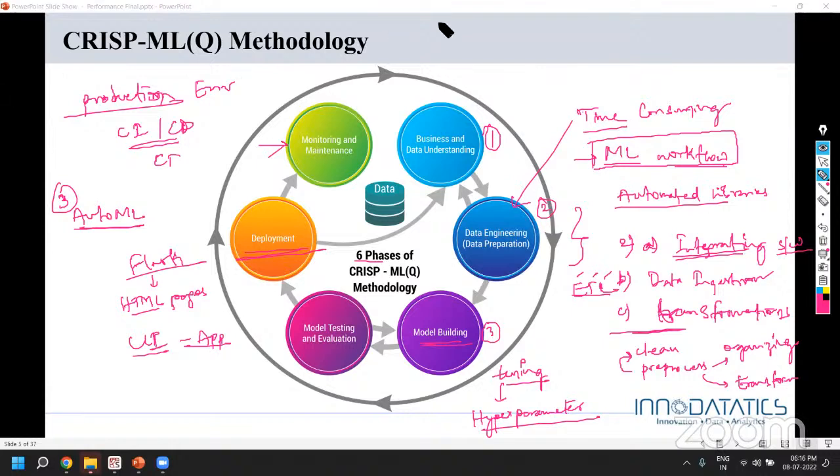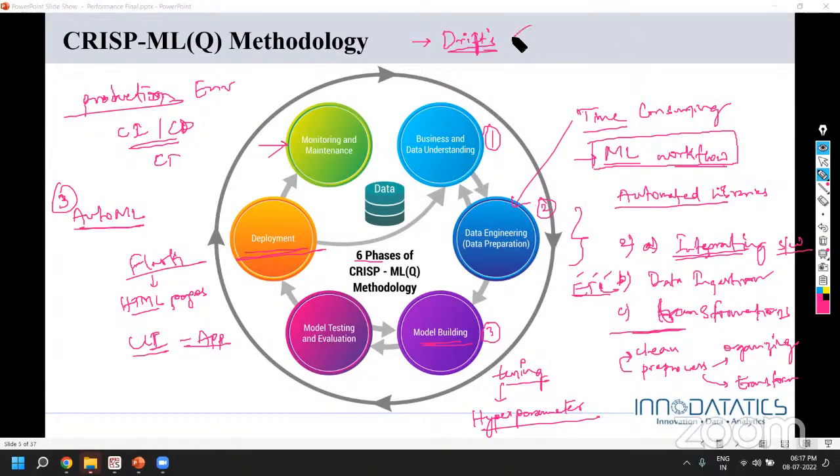And when there are drifts in the business, the objectives, the visions, the goals of the organization will change, keep evolving, improving.